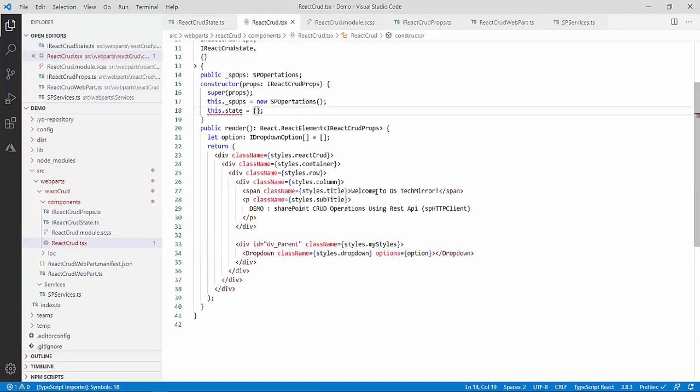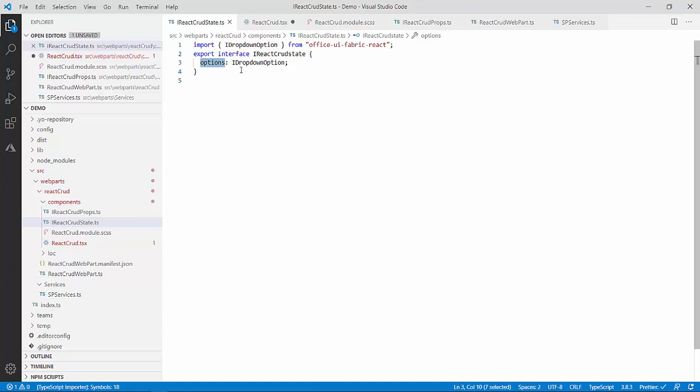Next, I have to initialize it, as a blank array. Now instead of options I will declare it as listTitles, because I will be getting the list titles. So in the code it will be more understandable when I use it. It will be of type IDropdownOption, declared as an array because there are multiple lists which will be coming.